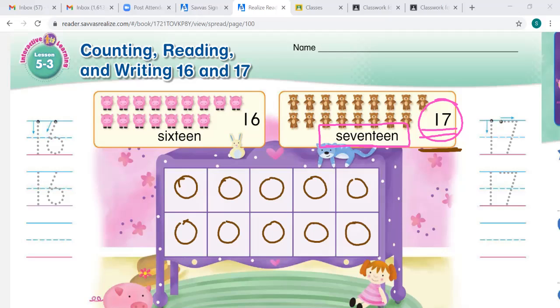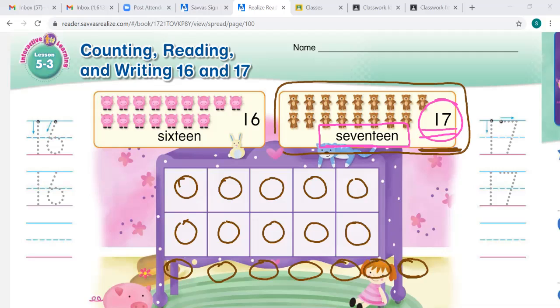We're going to start counting from 10. 10, 11, 12, 13, 14, 15, 16, and 17. So we drew in 17 counters to show the 17 toys that Filson has on the shelf